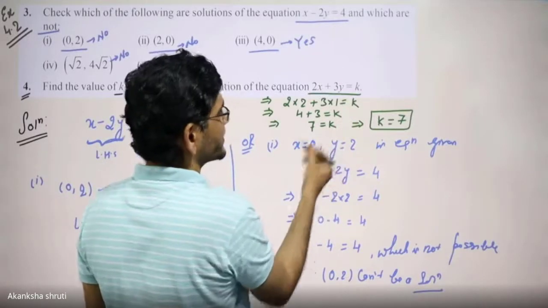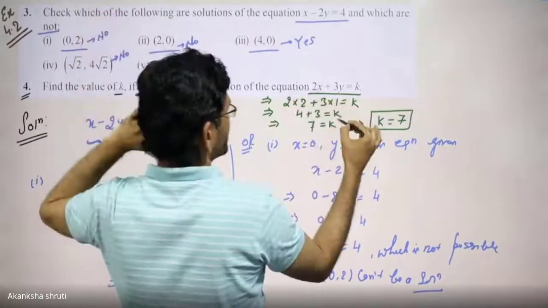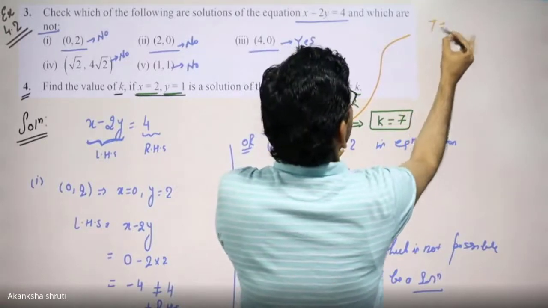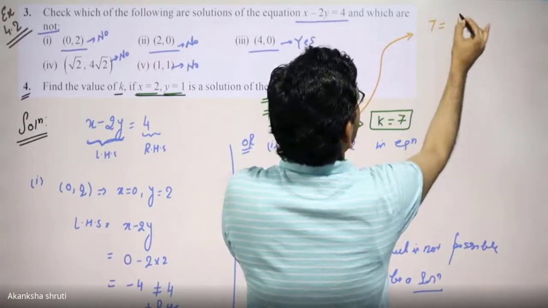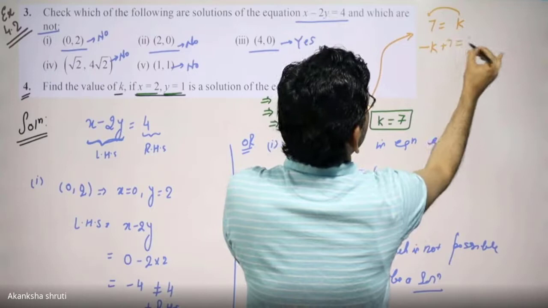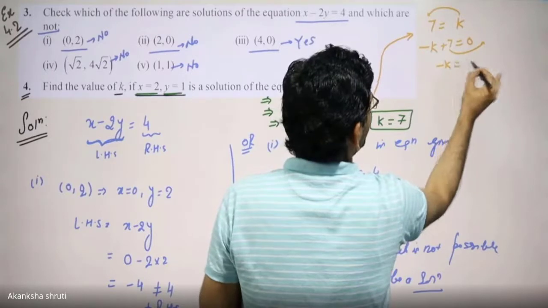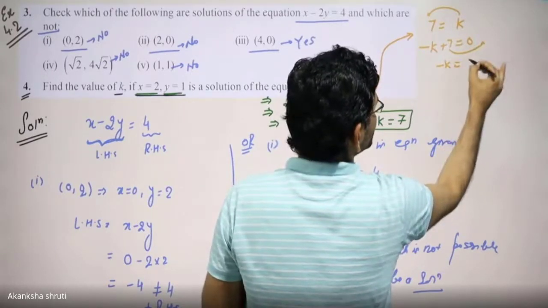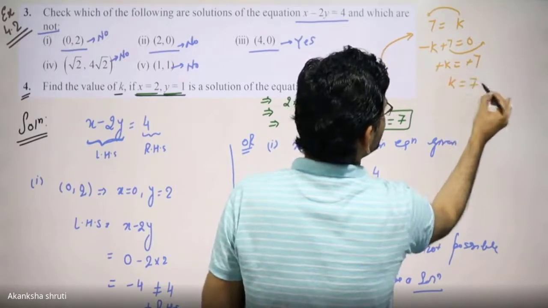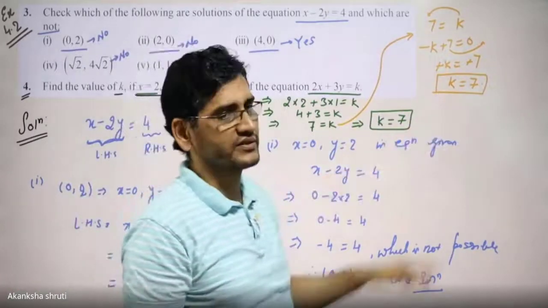Students, many a time students are committing mistakes, so let me explain one more thing here. हमारे बहुत सारे बच्चे जो 6, 7 में नहीं ध्यान देते वो गलतियां करते हैं. ये यहां से कैसे आता है? When you take 7 is equal to k, you will bring this k on the left hand side, it becomes minus k plus 7 is equal to 0, or at the same time you will bring this 7 to the right hand side, so minus k is equal to 0 minus 7, that is minus 7. Now this minus and minus can be cancelled, so k is the same as 7. So keep in mind, if there is a mutual interchange of sides, then there is no need to consider the sign.